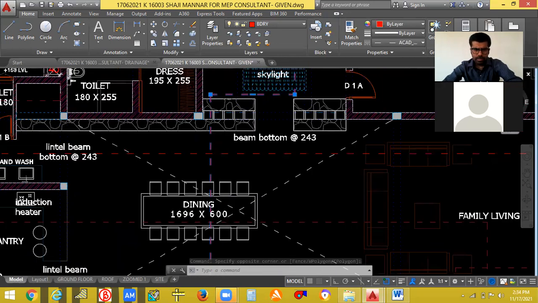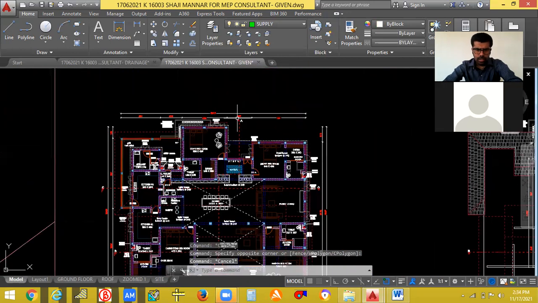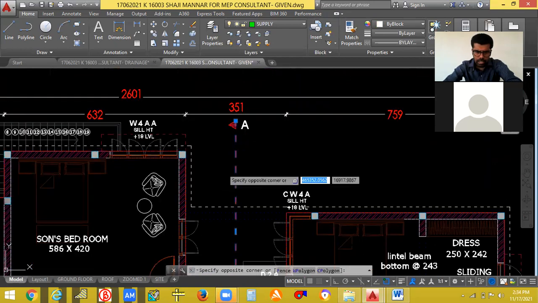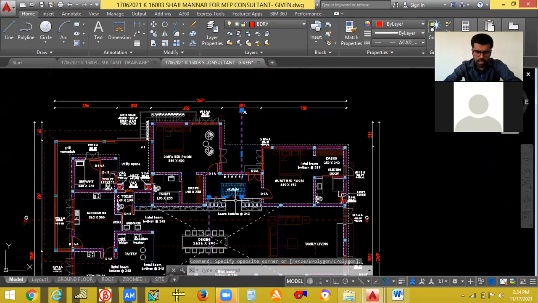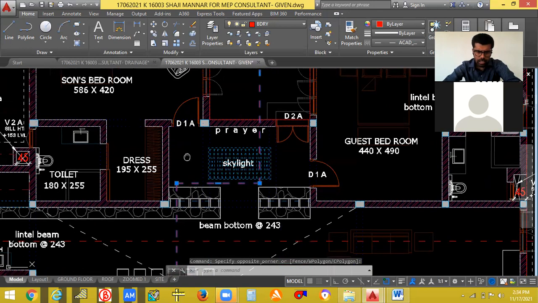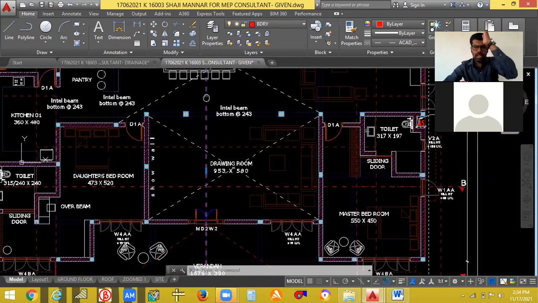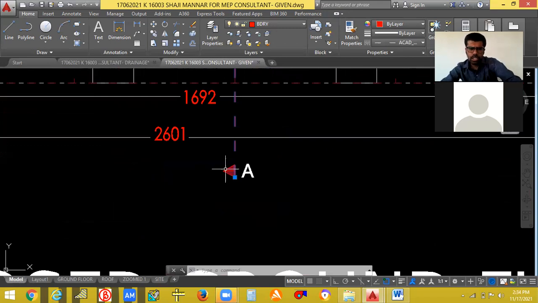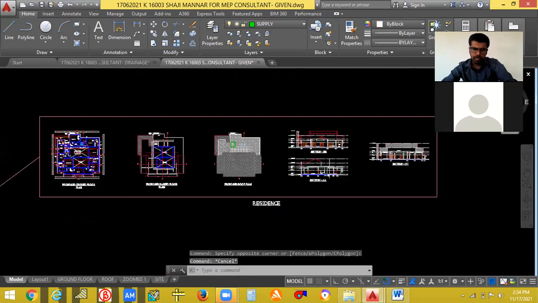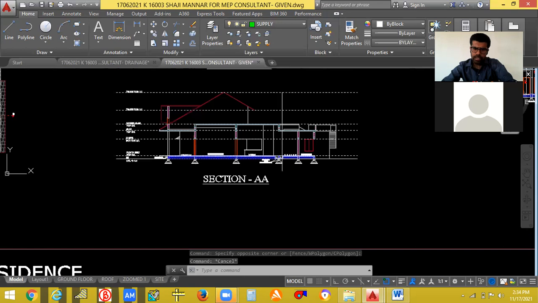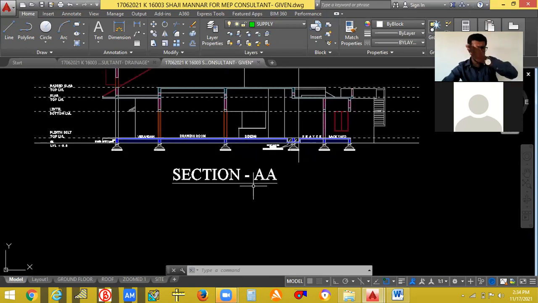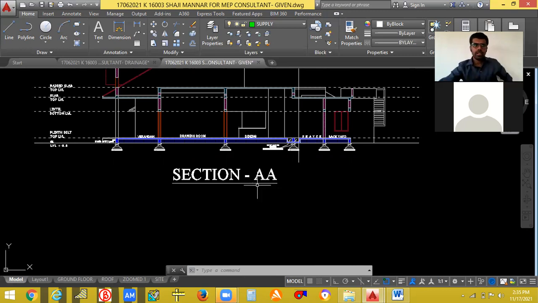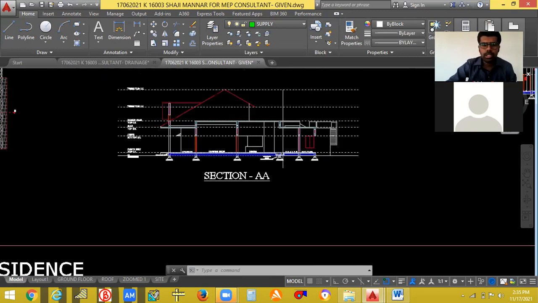You can see A. So this line is going there. Okay, this line is going here. This is coming, cutting here. It is cutting here. So it is cut, and from there, if you are looking to that side, to the left side, that view is the view of this one. This AA. Okay, so you cut it, and from there you see its section, or you see its front view. Okay, this is the way we can know about section A, section B.